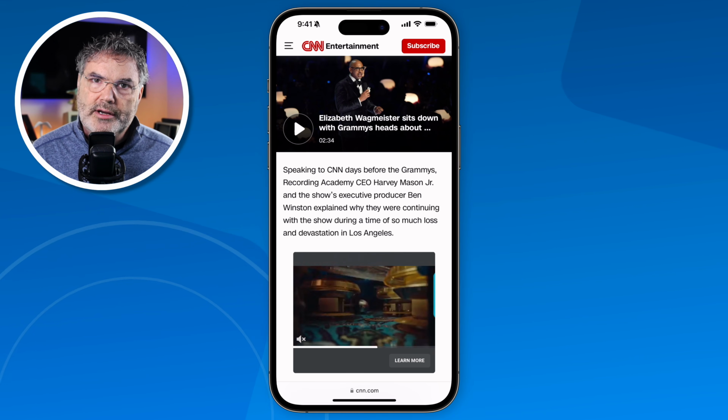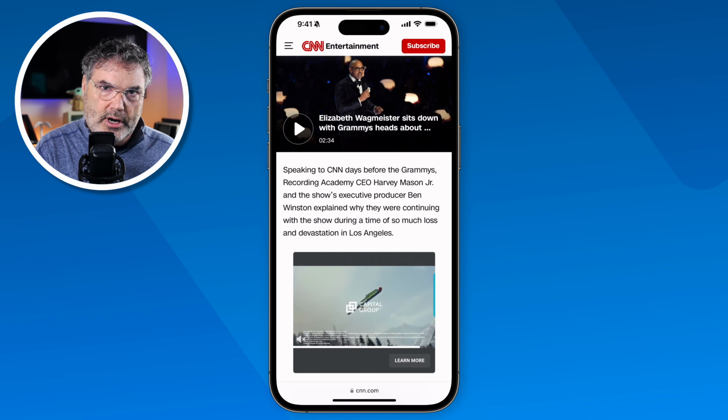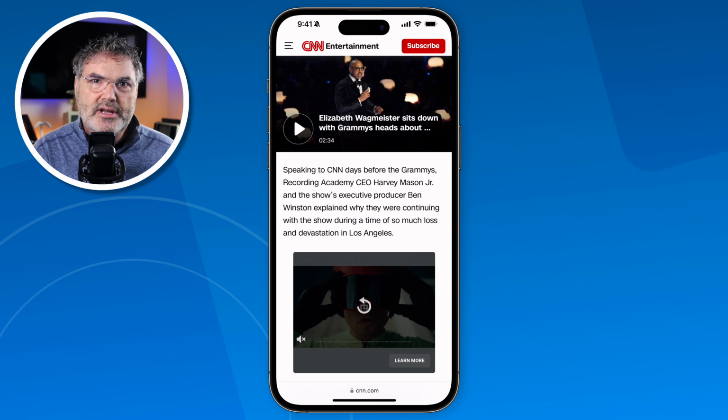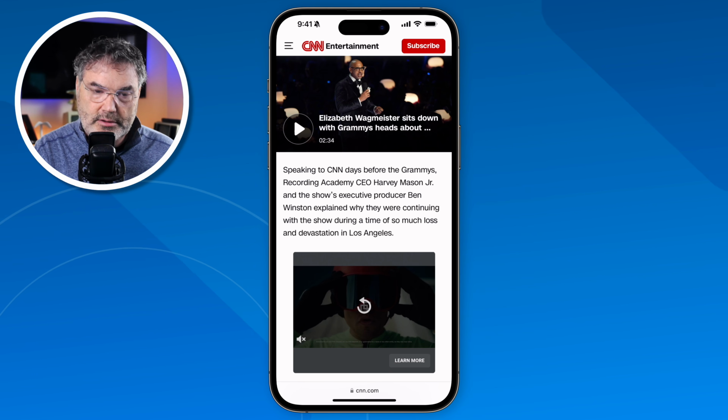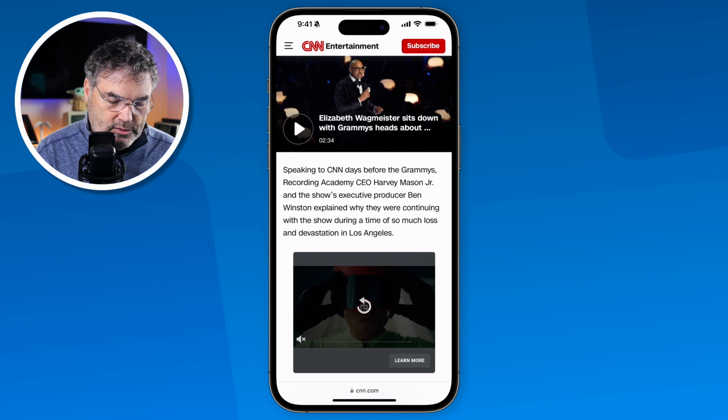This only works on articles, and it doesn't work on every article. But for the most part, when you're reading an article, so if you go to the CNN homepage, it's not going to work. But if you go to an article within CNN, it will work. So I'm on an article within CNN. I want to read this in Reader View. The way that I do that is I need to